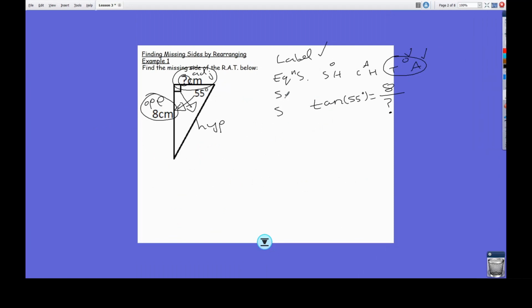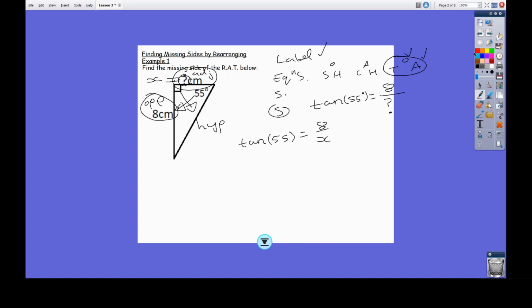So for the last of the letters in the acronym, we want to solve this. I'm just going to write it again here. Tan 55 is 8 over question mark. I'm going to call the question mark x, if I may, just so it's a little bit easier for us. So I've got 8 over x. We want to get x on its own, we want it to be the numerator on its own